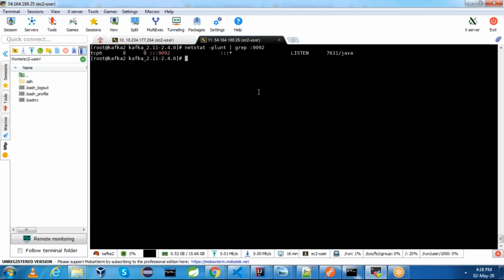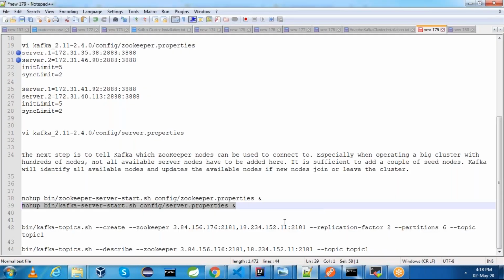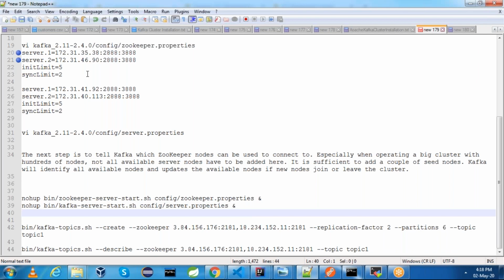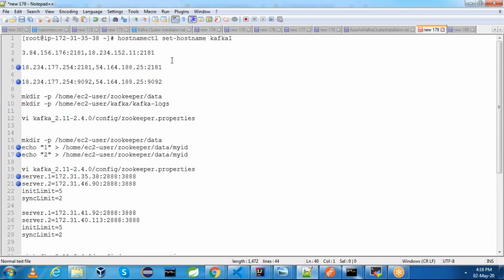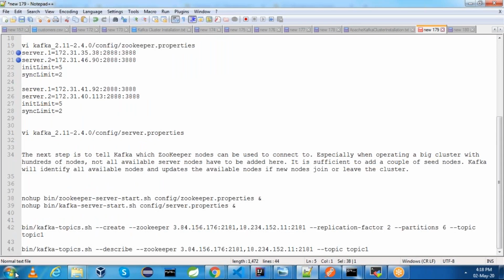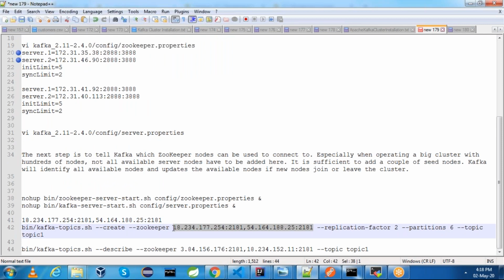Now I'm going to create a topic on this cluster with replication factor 2, and I will create 4 partitions or 6 partitions. I can create as many partitions as I want. This is the Zookeeper.